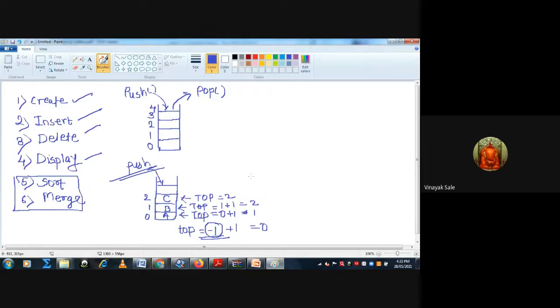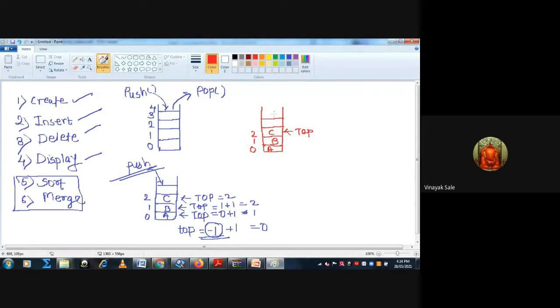Suppose the same data is here. Here is your stack, and you have declared three variables, and now your top is at the second position.